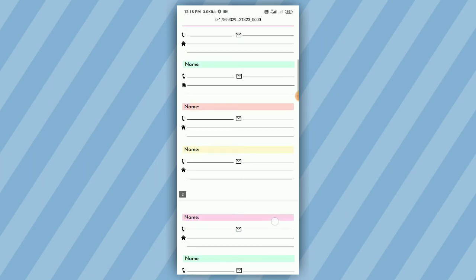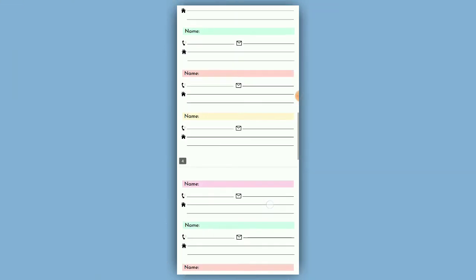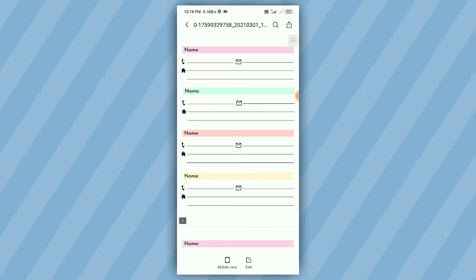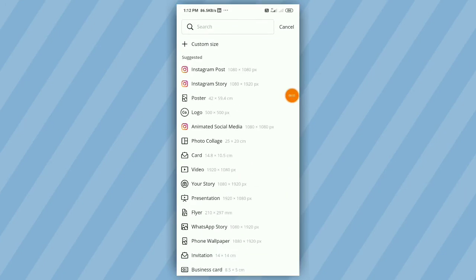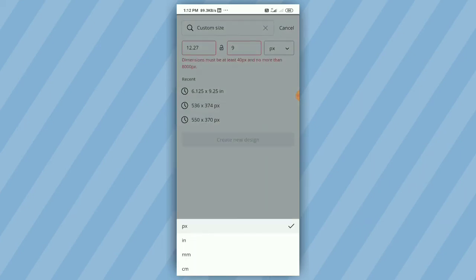Yeah, it looks pretty good, very colorful and neat. After finishing all of your work, you need to concentrate on the book design because book design plays an important role in your sales. Let me open my Canva app again. Click the plus icon, click custom size. Add your width, guys. My book width is 6 plus 6, plus the spine width of 0.27, so the total overall is 12.27, and my height is 9.